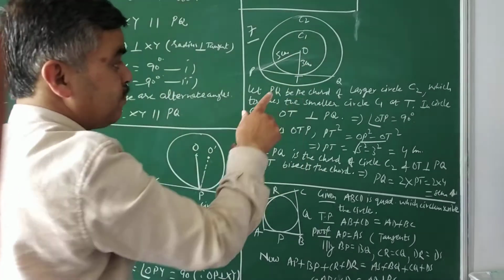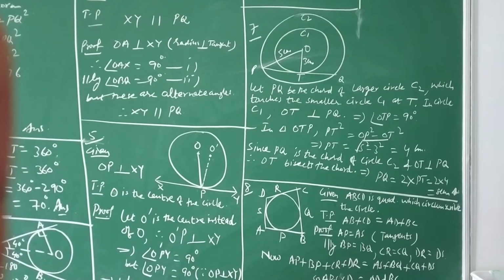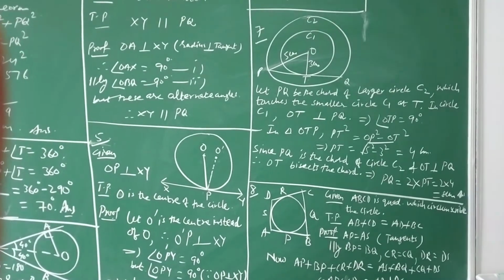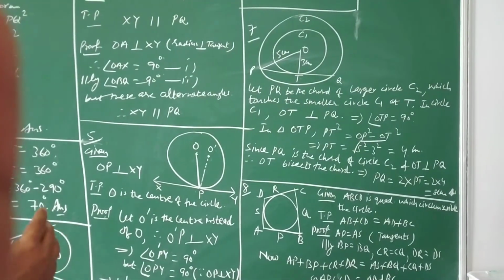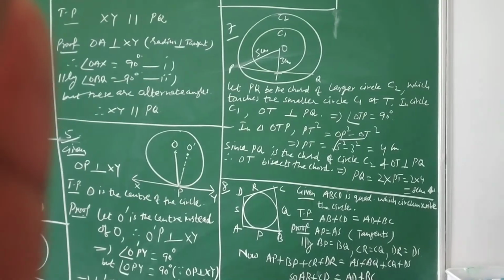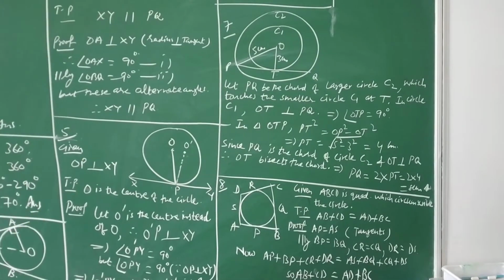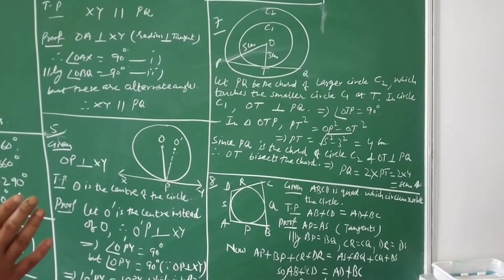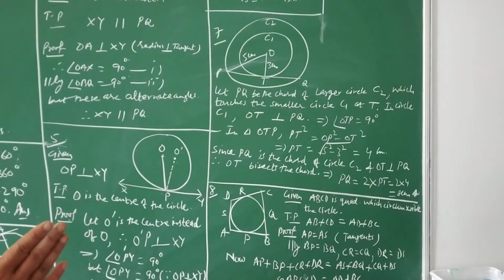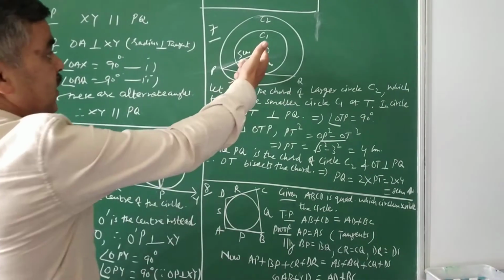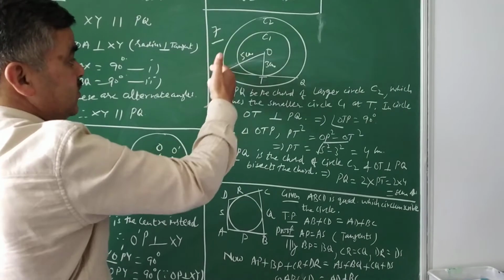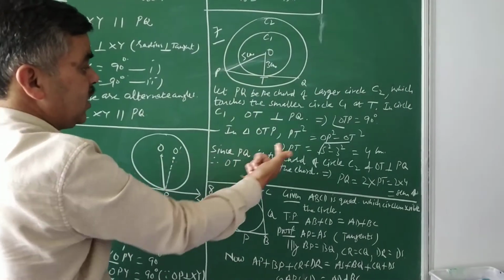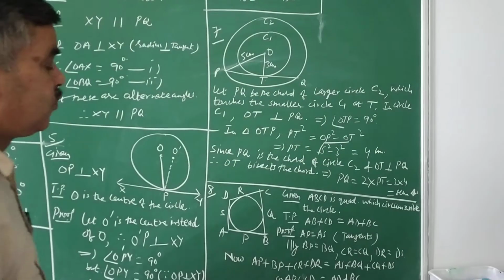Again I am taking you back to the application of this theorem. Radius is perpendicular to the tangent. So up to this question number 7, very clearly you see one part we are covering, that is theorem number 1. All these are the application of the theorem: radius is perpendicular to the tangent. In that way you are getting a right triangle, which will help you to get the length of PT. Somewhere you will be getting it equal to 4.